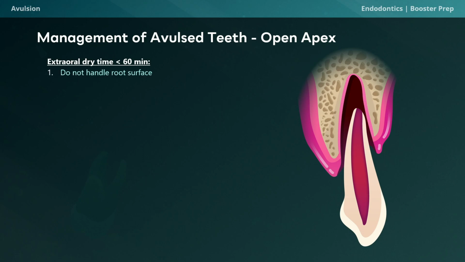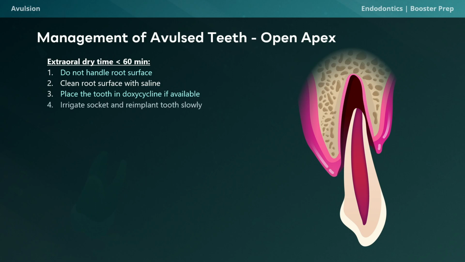Firstly, it's crucial not to touch the root surface. You don't want to damage the PDL. And if the root appears to be visibly contaminated, it should be gently cleaned with a stream of saline. Optionally, you can immerse the tooth in a doxycycline solution, and this is beneficial, but most general dental offices don't stock this stuff regularly. Next, any coagulum in the socket should be removed with saline, followed by a thorough examination